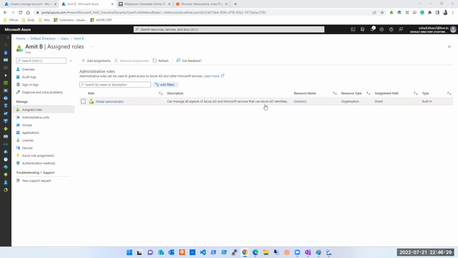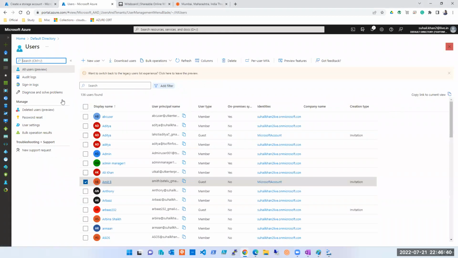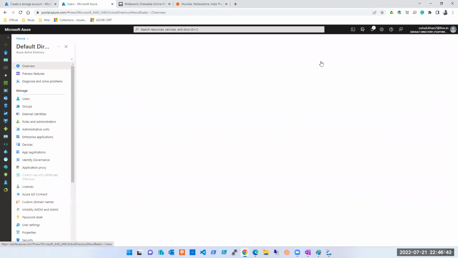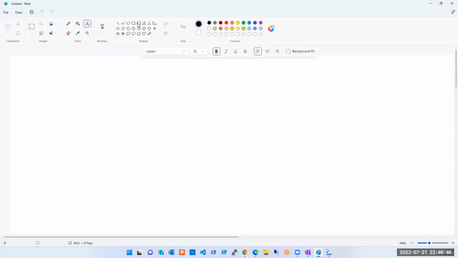Those have nothing to do with the services in our subscription. So even if Amit is a global admin, that does not mean he will be able to see that storage account. Why am I able to see that storage account? The storage account which Kumail has created is part of a resource group.